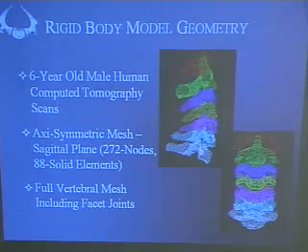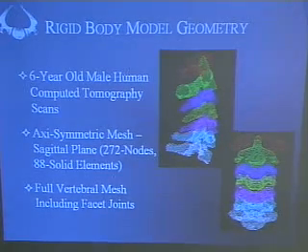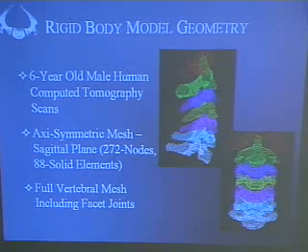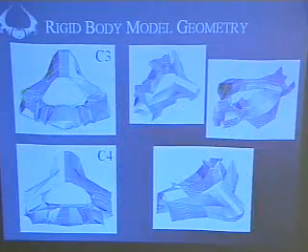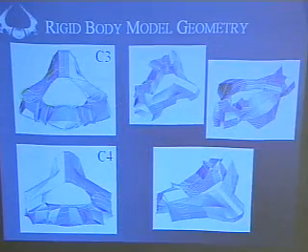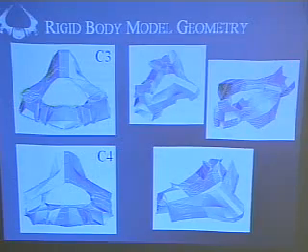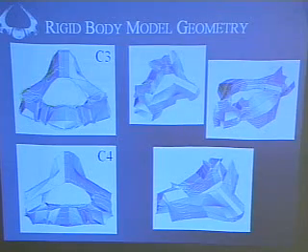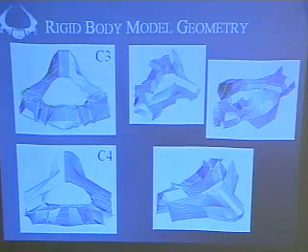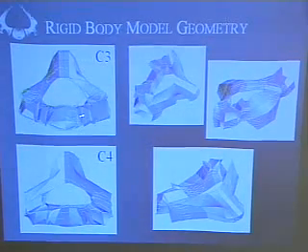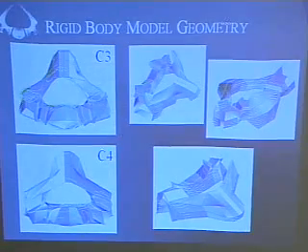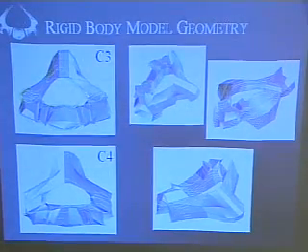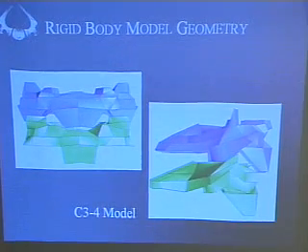We then created an axisymmetric mesh, trying to minimize the number of nodes so we could decrease our run times and really do a lot of parametric analyses. And I'll show you how we created those meshes. In yellow, you can see from the previous slide those polylines, so you can see the lines here. And we developed the mesh around those lines, so we incorporated all the geometry of those vertebrae, and tried to do that in as few nodes as possible. We then took the vertebrae here, and I show C3 and C4 here, and we stack them up into an idealized model here.